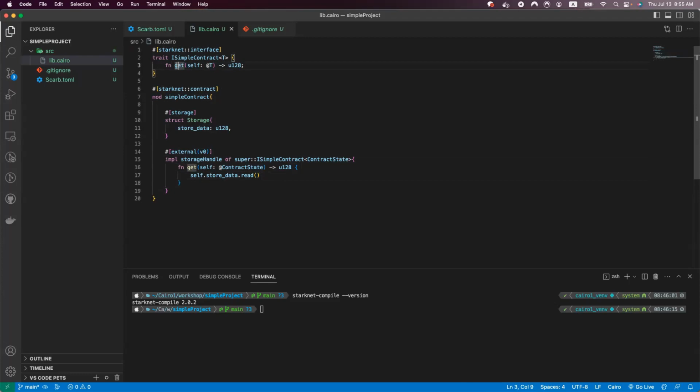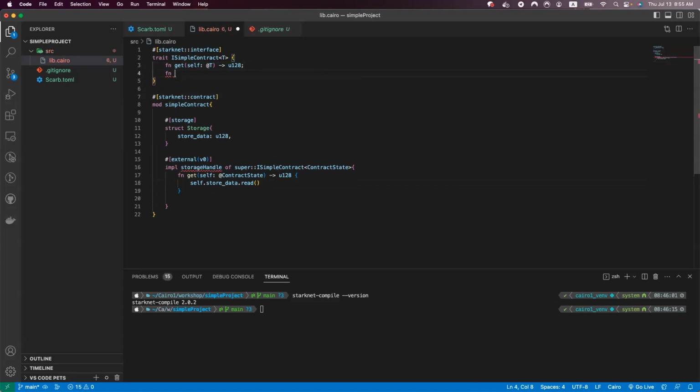So basically this annotation means, let's say, a view function, because this cannot change the states in this function. And if you want to change the states, these contract states, in this function, then we should, right? So